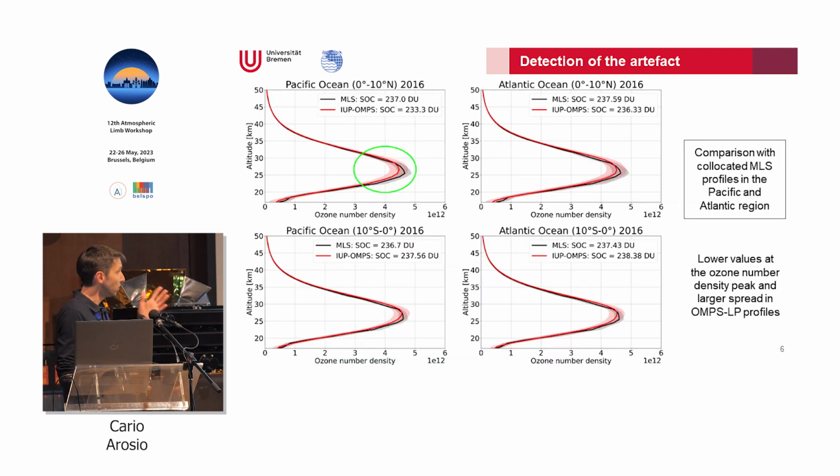And to locate it better in the profile, we compare the OMPS profiles with the MLS observations. On the left here it's averaged in the Pacific, on the right in the Atlantic, and the largest discrepancy is here in the 0-10 degrees north, where OMPS is underestimating the ozone number density peak. And also the spread, the standard deviation, is larger with respect to MLS, which is not affected by the